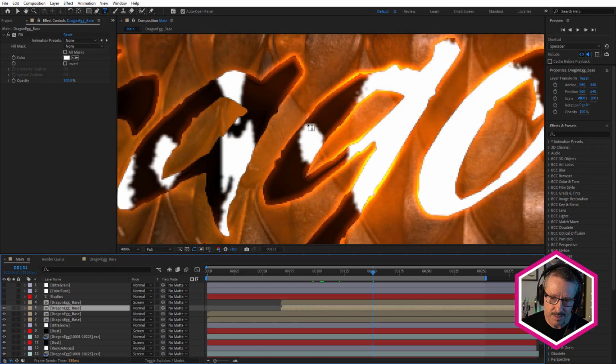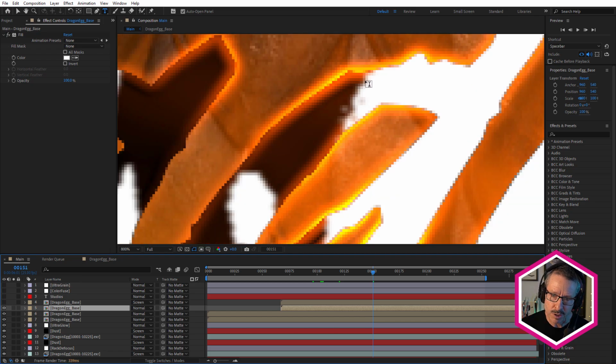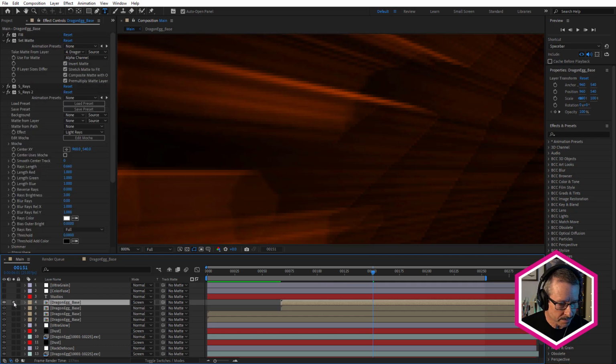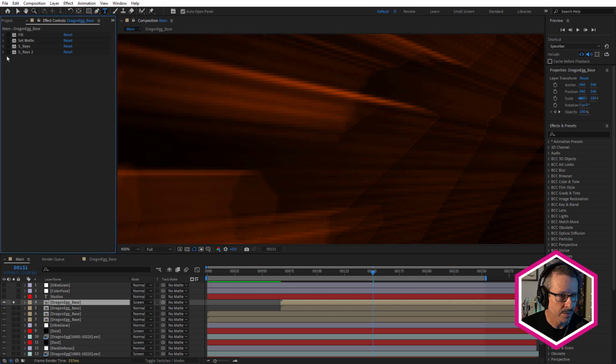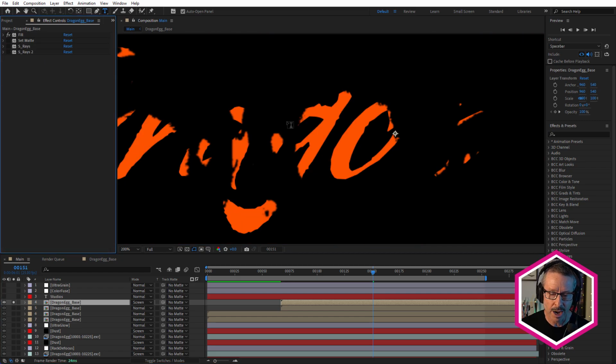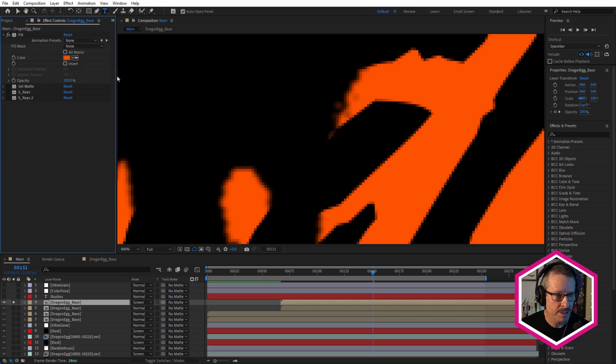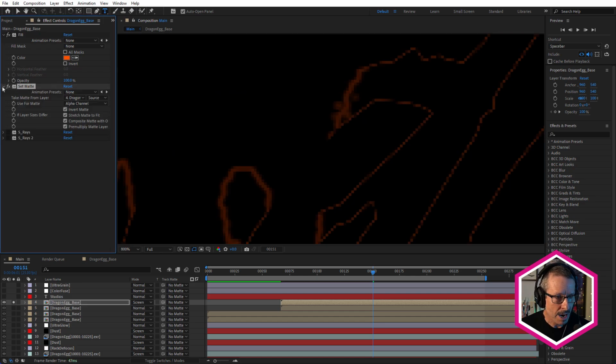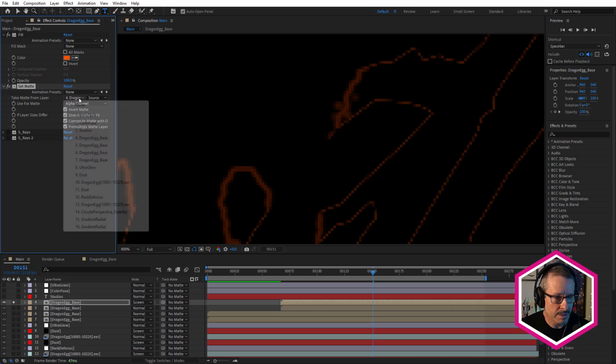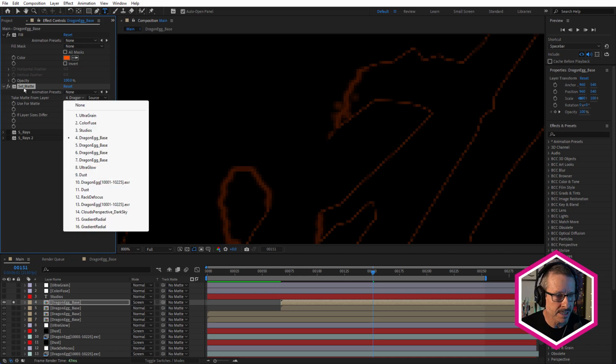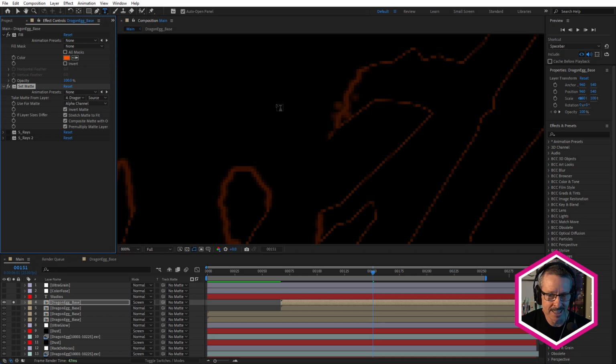Now, you can see as it's wiping on, it looks a little bland. What I wanted to have was some more sort of fiery edges. So what I did was I duplicated the white text. Let me just solo these. So I filled it again, but this time with this bright, really vivid orange. And then I've used Set Matte. So After Effects has a Set Matte effect with it matting itself. So it's basically just applying Set Matte and leaving it at that.